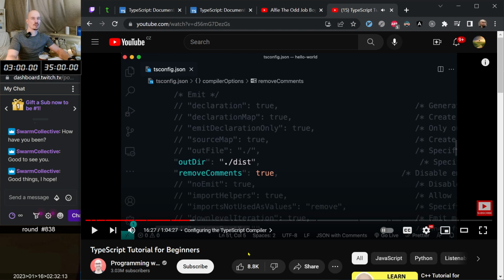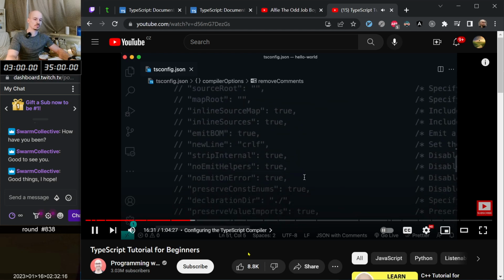So the generated JavaScript. Good, bad, okay? Both. Now another useful setting in this section is no emit on